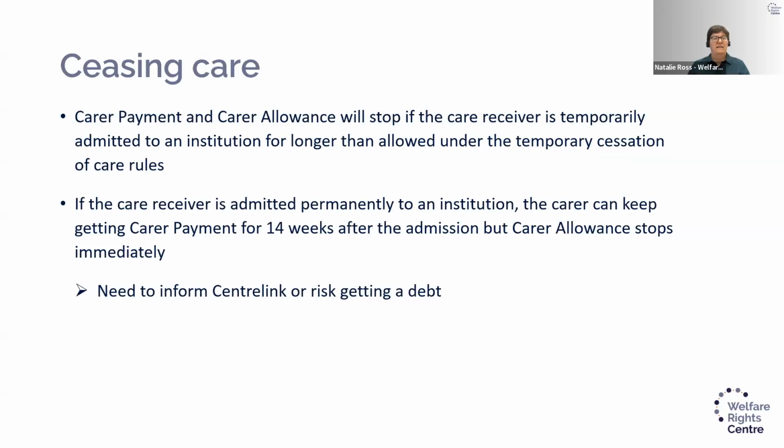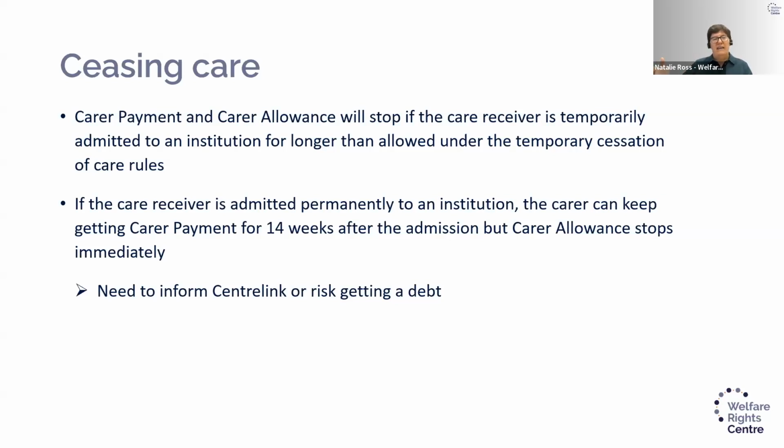If the person receiving care, instead of just going to hospital for some kind of temporary period for treatment, moves into some kind of, for example, an aged care facility or a group home for people with disabilities, that's going to be their new permanent home, if the carer has been getting carer payment, that carer payment will continue for 14 weeks after the person has moved to the aged care facility or whatever other place they're moving to. And it really is allowing a transition for the carer, a bit over 3 months, while they make other arrangements, look for a job, apply for a different Centrelink payment, gives them that transition period if their caring role is going to stop